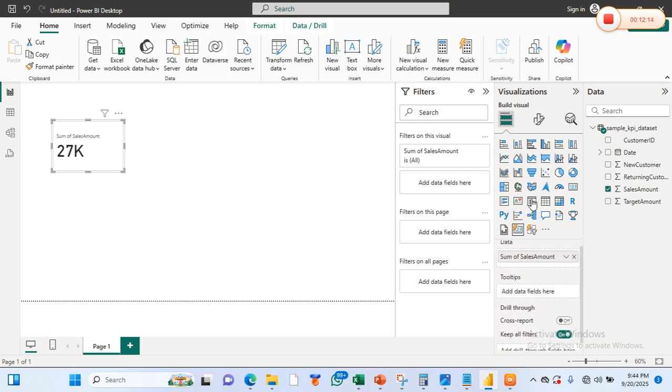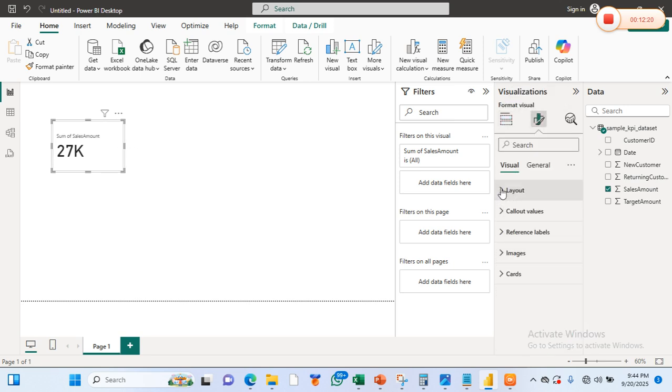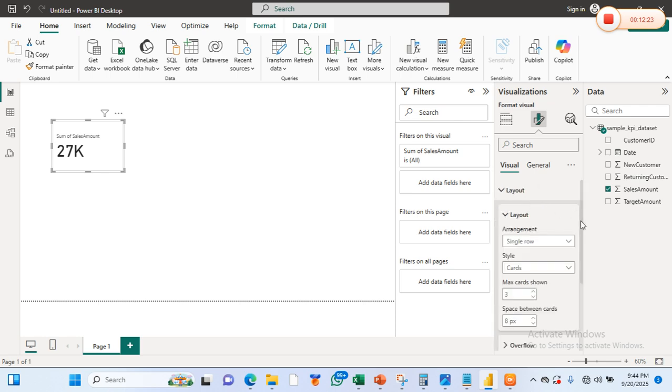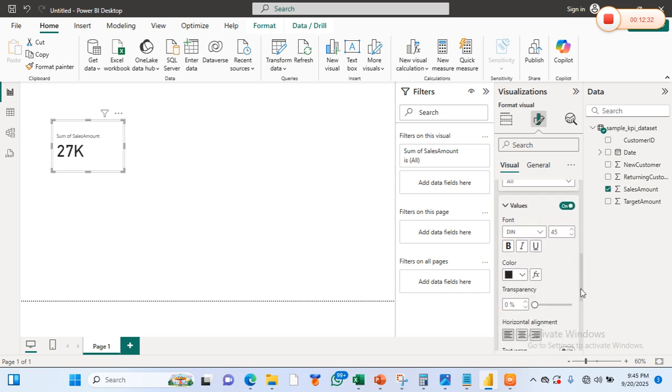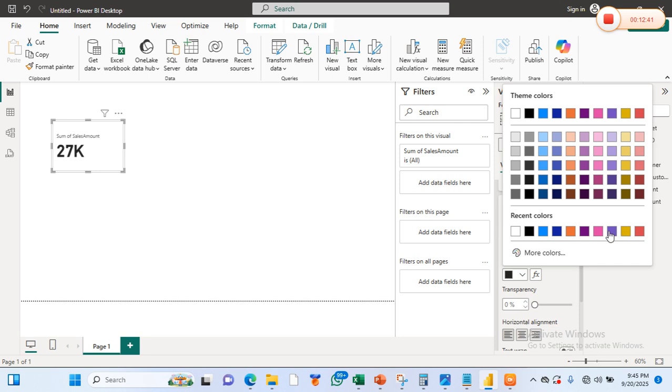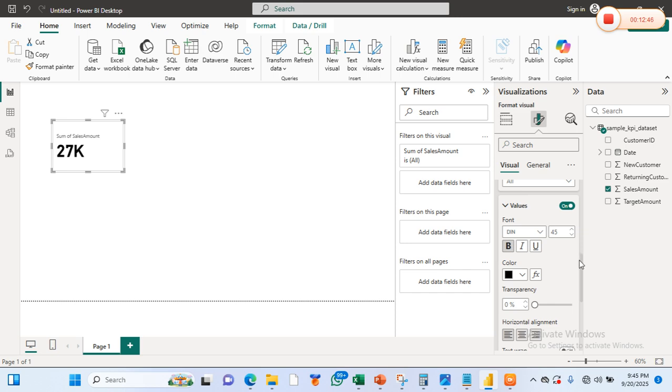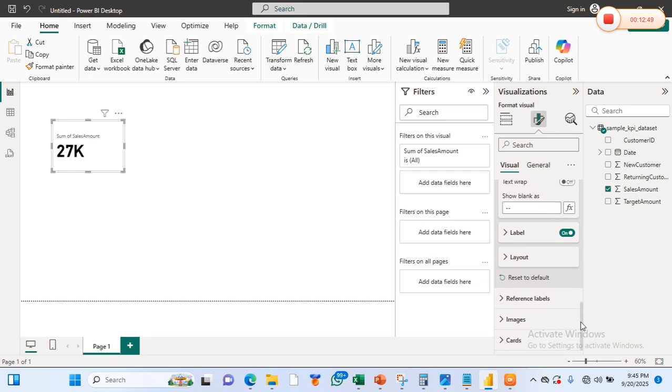So permit me to format this card. I can check my colored values. I can bold my value here. I can even decide to change the font to anything I want, but I'm gonna leave it as black. Then I can take this off.